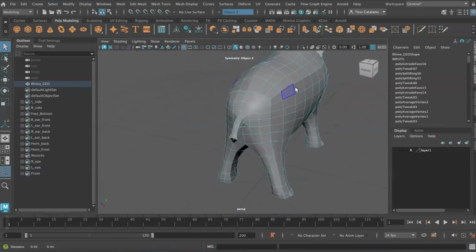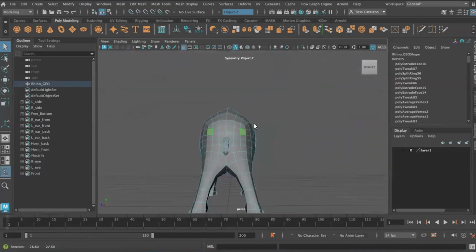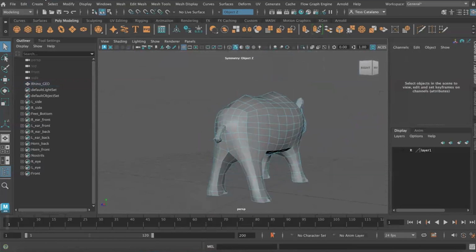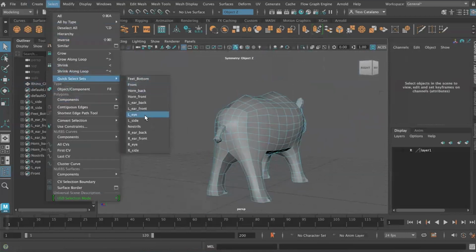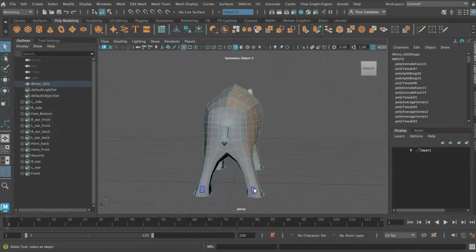Let me look back here and let's look at the left side. Okay, so now I know where I want to